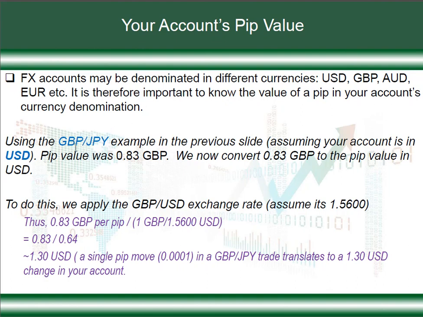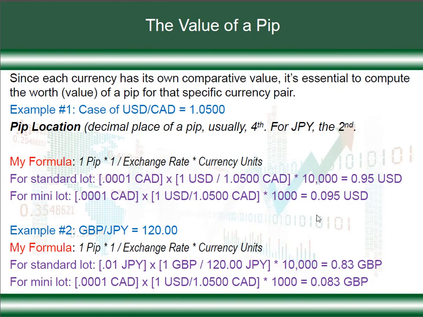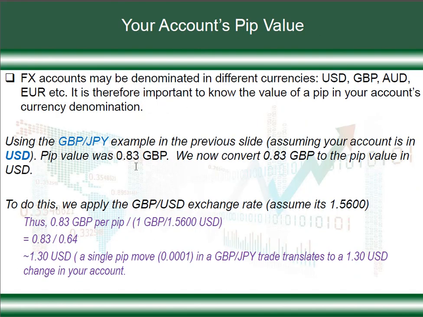So let's use the example of the pound yen we saw earlier on, where after you did the calculation here, we found that it was 0.83. That was the pip value, 0.83 pounds. But remember now, although this is the pip value of the GBP JPY pair you are trading, your account is in USD. It's not in any of these two. You are only trading GBP JPY, but your account is created in USD and it operates in USD. That means you would like to know eventually, how does this one translate to your base currency, the account's currency.